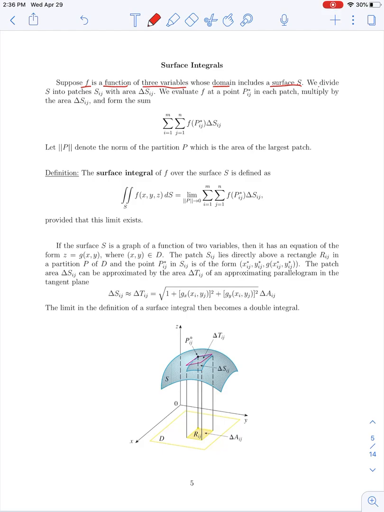So the way that we will start to define a surface integral is by doing the following. We are going to divide our surface S into small patches or subsurfaces, which we will denote as S sub ij, which have area given by delta S sub ij. As we're moving through our definition here, let's keep track of what we're doing visually in our figure below. We have some surface S, shown here in blue,